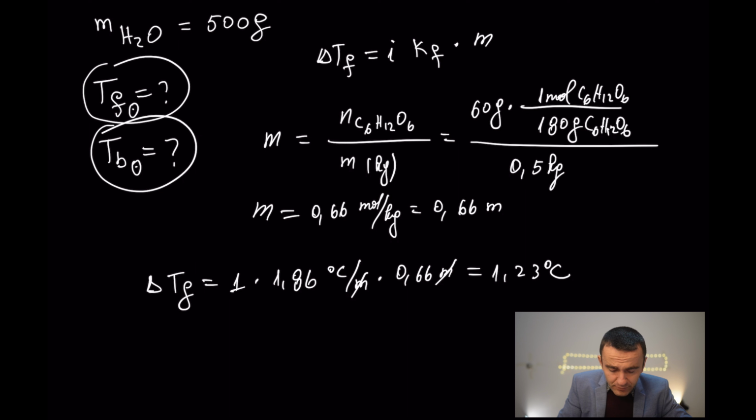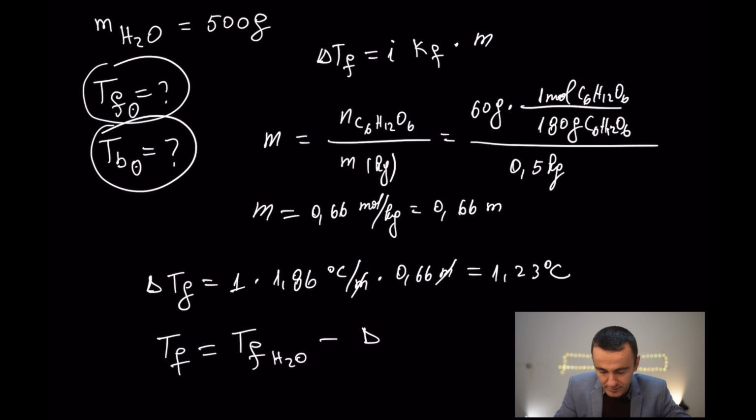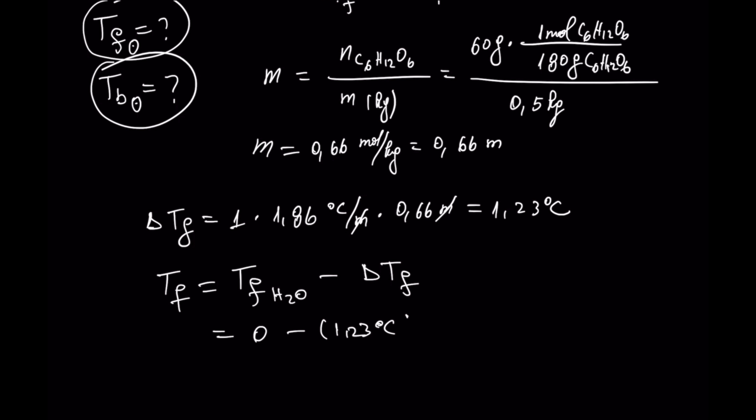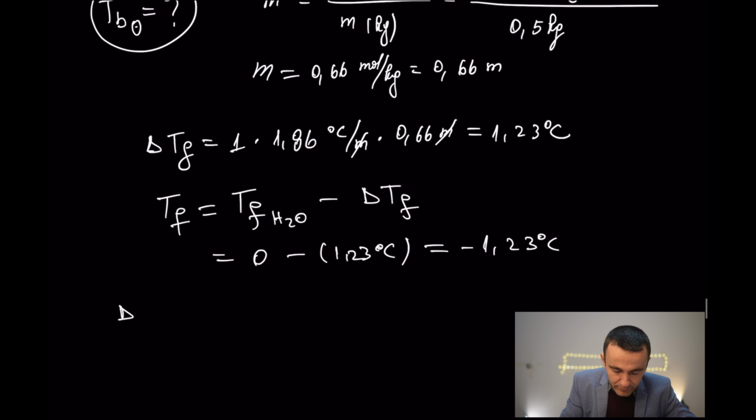The freezing point itself is going to be the freezing point temperature of the pure water minus the change in the freezing point, and it's going to be equal to 0 minus 1.23 degrees Celsius, so minus 1.23, and the boiling point